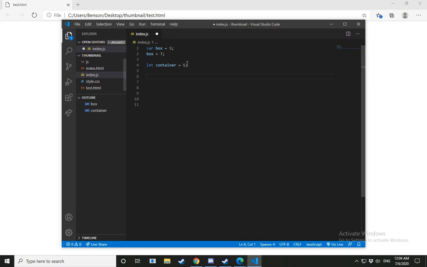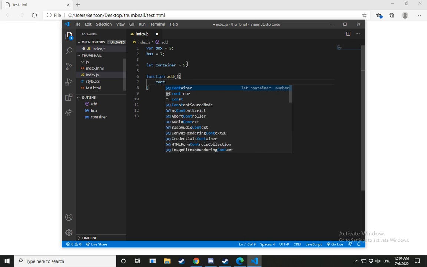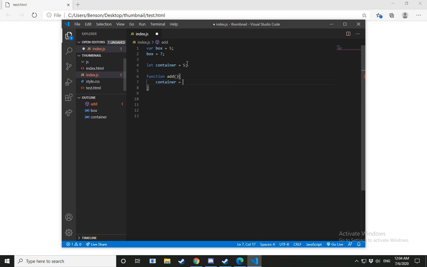If we were to write a function, let's say add, and we define container in here as 3, the container variable inside the function would be equal to 3, but the container outside the function would still be equal to 5. And that's because the let variable will only be equal to